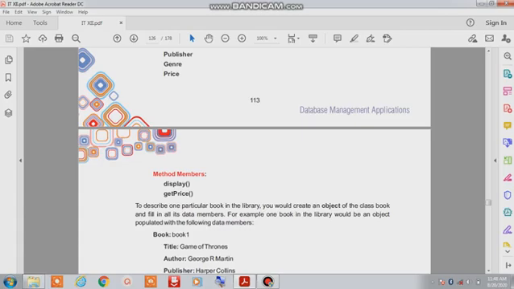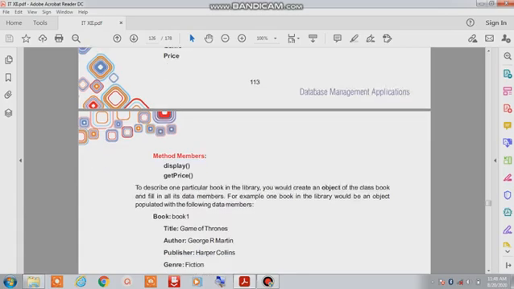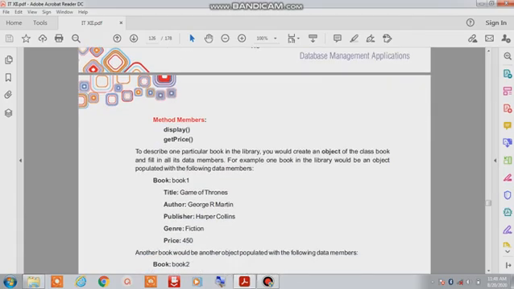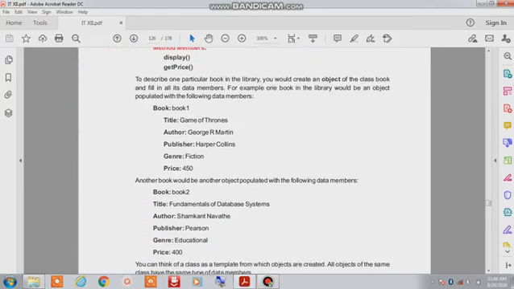To describe one particular book in the library, you would create an object of the class book and fill in all its data members. For example, one book in the library would be an object populated with the following data members. Suppose book 1: title is Game of Thrones, author George R. R. Martin, publisher Harper Collins, genre fiction, and price 440.